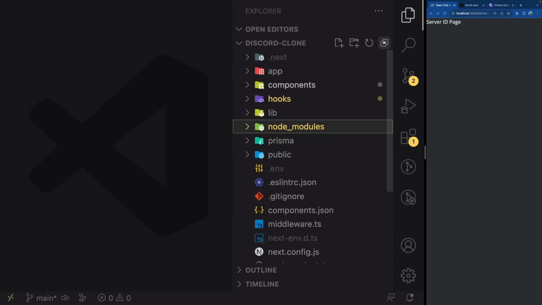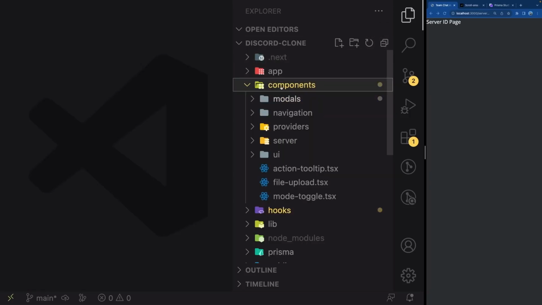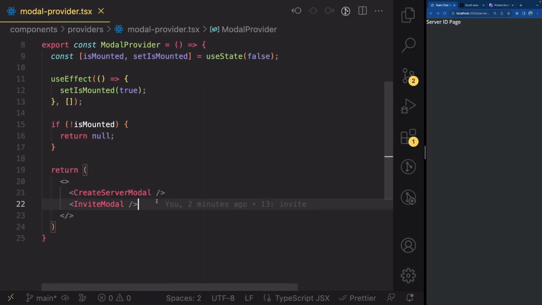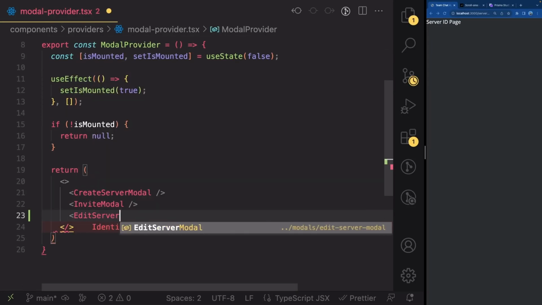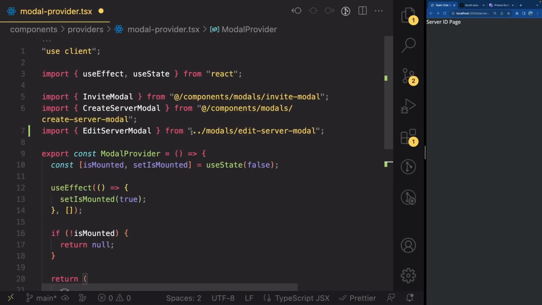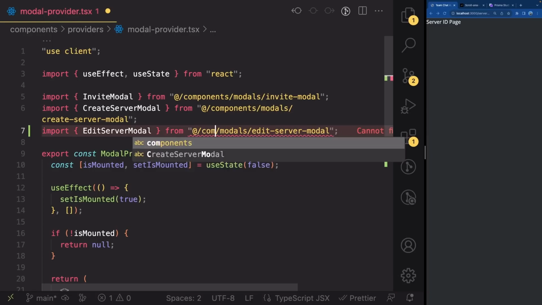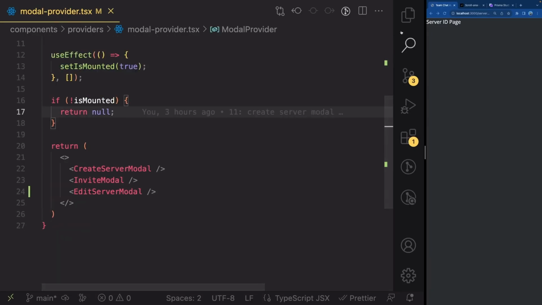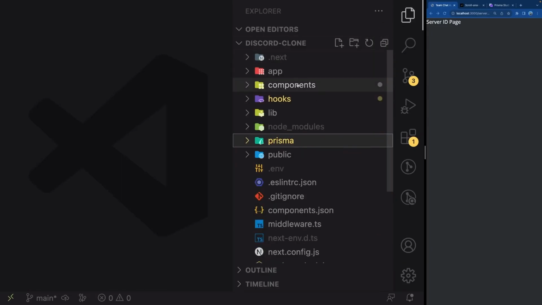Great. I'm going to close everything here. I'm going to go inside of my components, providers, model provider, and below the invite model, I'm going to add edit server model like this from /models edit server model, and I'm just going to modify it to /components like this. Great. So now that we have this, let's go ahead and find our components